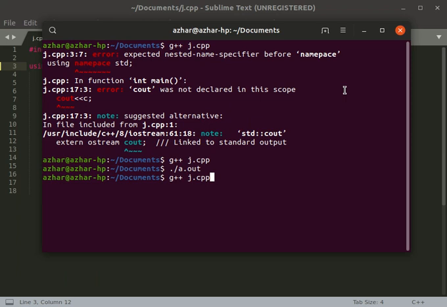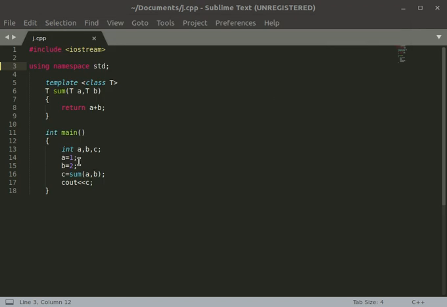Now here you can see I'll build this program. It has built successfully. Now I'll run it. Here you can see that the answer is 3, which is exactly correct.